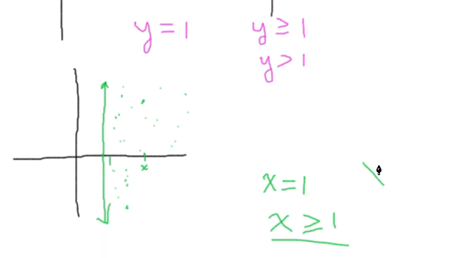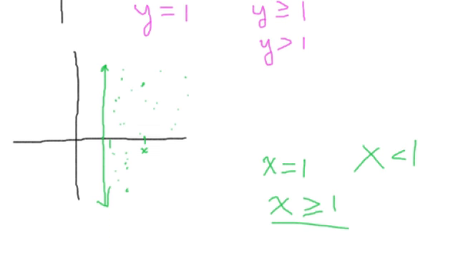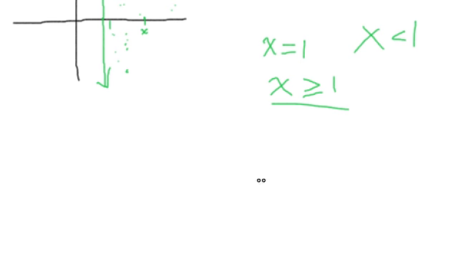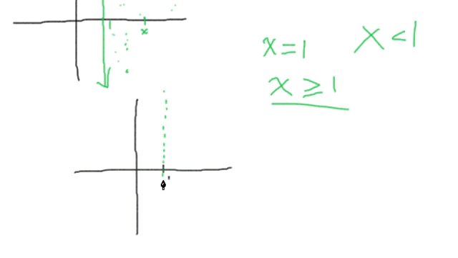Or what if I said x was less than 1? Let's look at that graph. So x is less than 1. Here's 1 on the x-axis. And, oh, that says less than, not equal to. So that means we're going to use a dotted line because we cannot use it. Well, I can choose a point here. x is 0, and 0 is less than 1. Or a point here, here, here, here. Any one of these points to the left of the dotted line